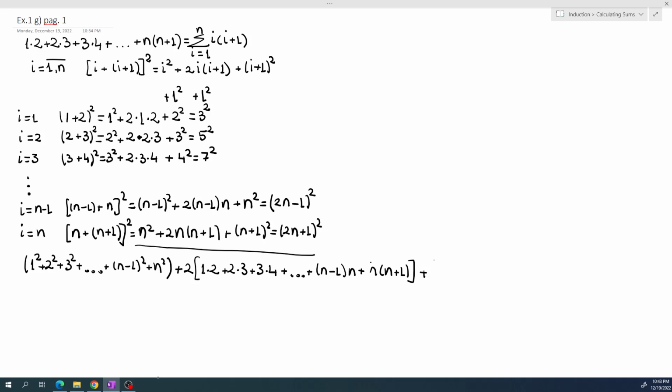So I have in here 1 squared plus 2 squared plus 3 squared plus 4 squared plus ... n squared, and that's it till here, plus n plus 1 squared minus 1, because I have these two in here, yes, and this is equal